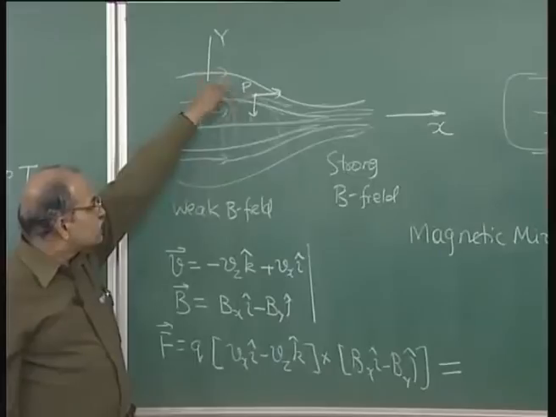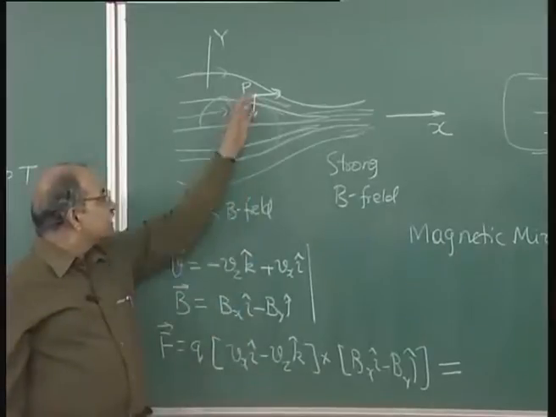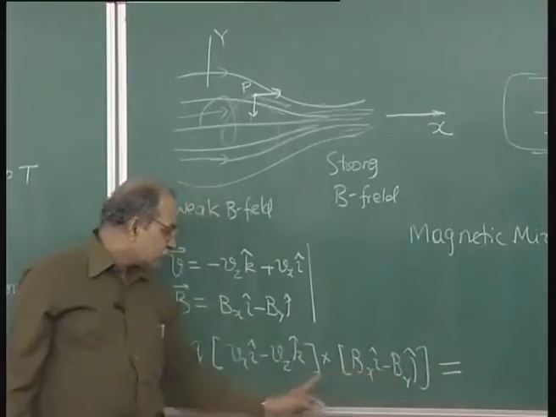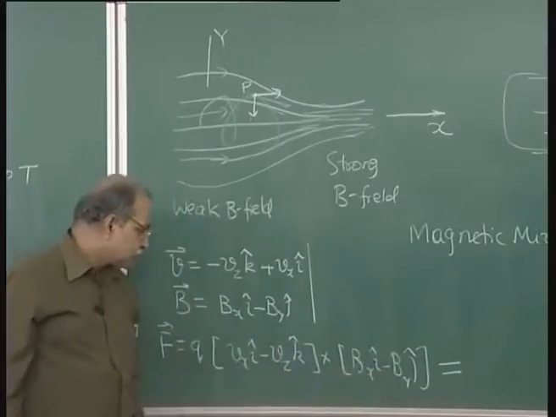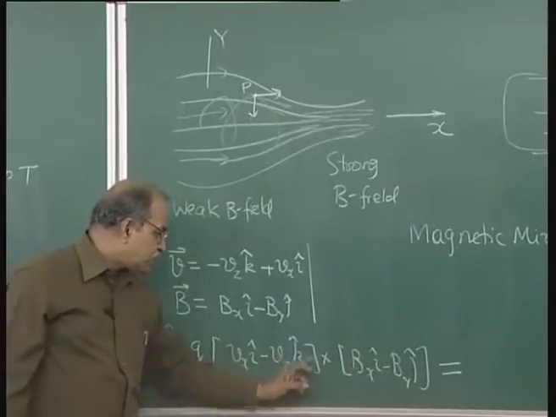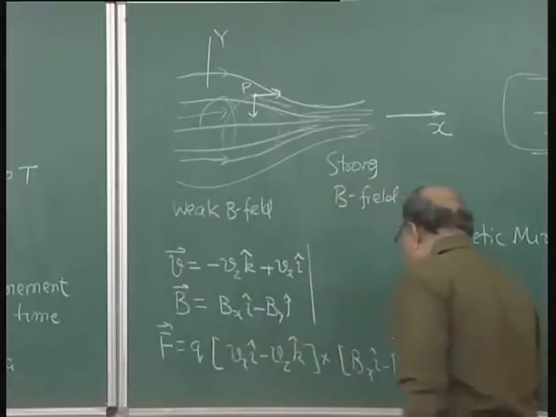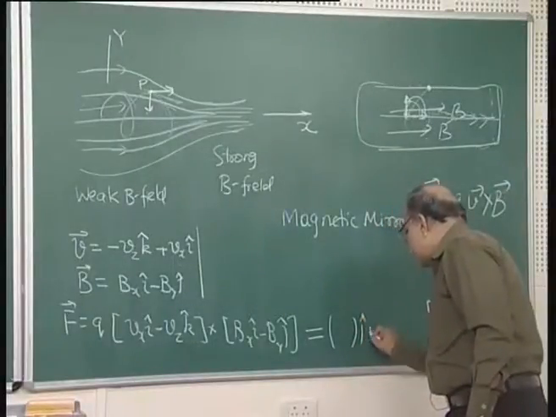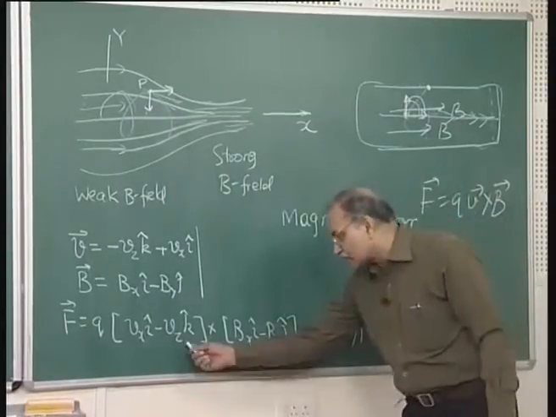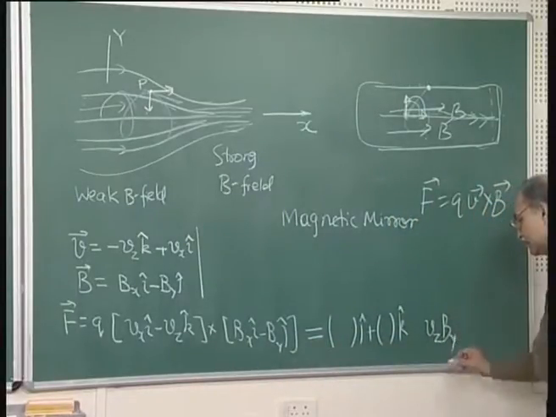So, this is the centripetal force, it is circling, so there should be a force towards the center of the circle. So, that minus j cap will be there, and look at that last cross term here. So, minus and minus, these two minus make it plus, but then you have k cap cross j cap, which is minus i cap. So, this will be something in j cap direction, something in k cap direction, and the i cap direction I am interested to write explicitly. It is Vz By, Vz and minus i cap.